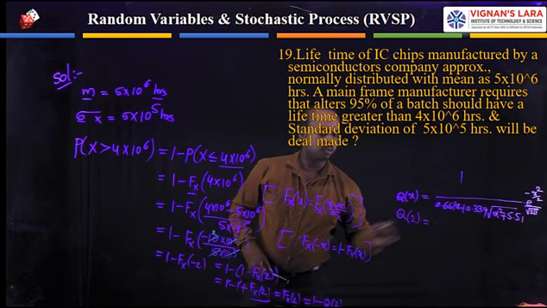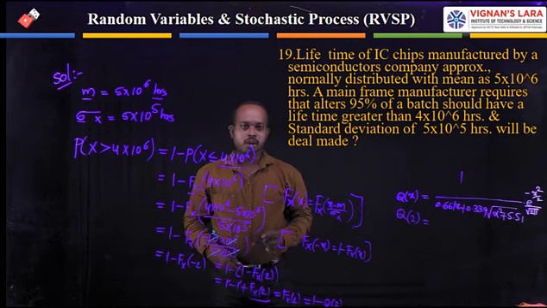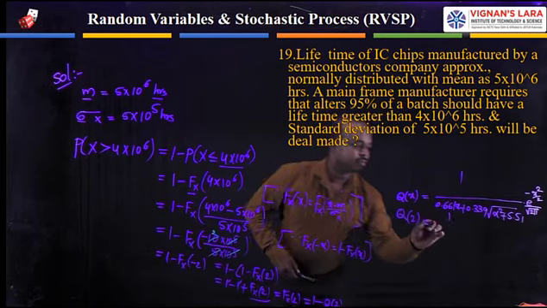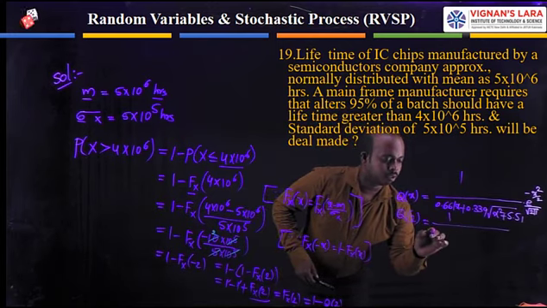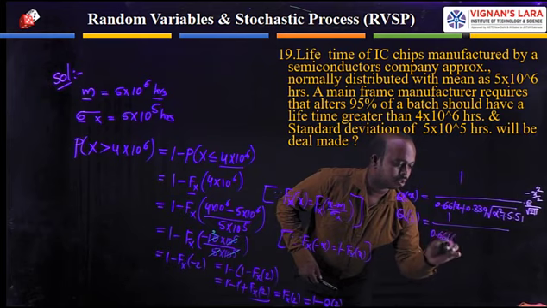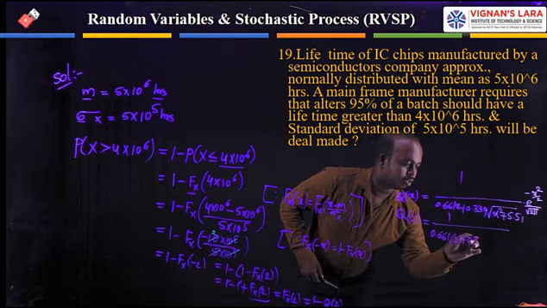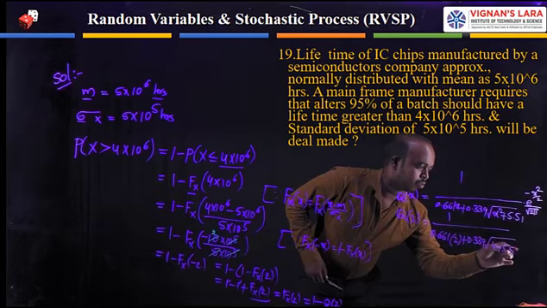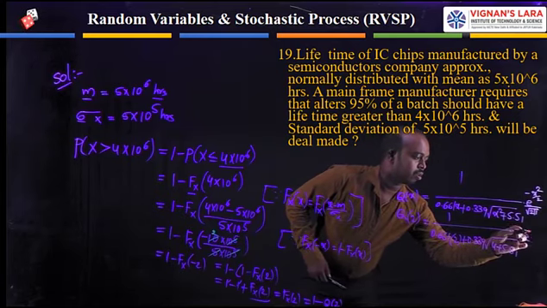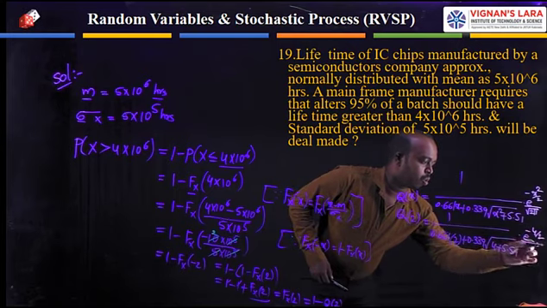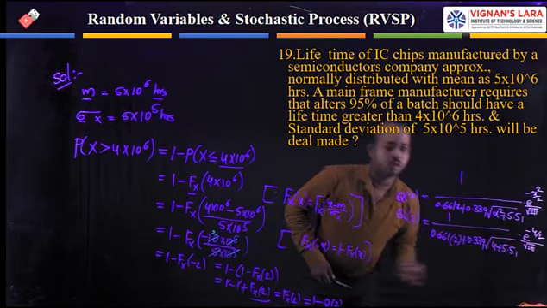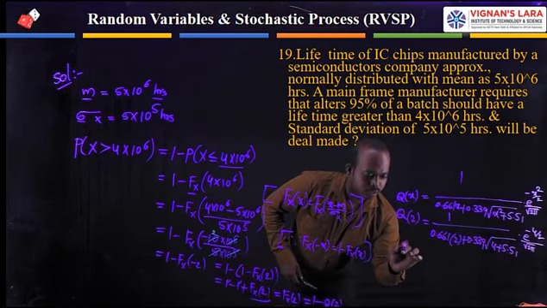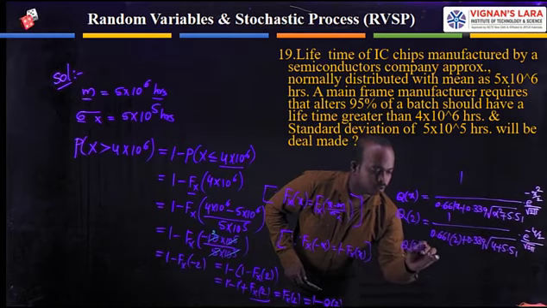Q of 2 is equal to, just keep the value of x as 2 in this formula. 1 divided by 0.661 into 2 plus 0.339 square root of 4 plus 5.51, into e power minus 4 divided by 2, whole divided by root 2 pi. You need to simplify this entire quantity. We can obtain the Q of 2 quantity.